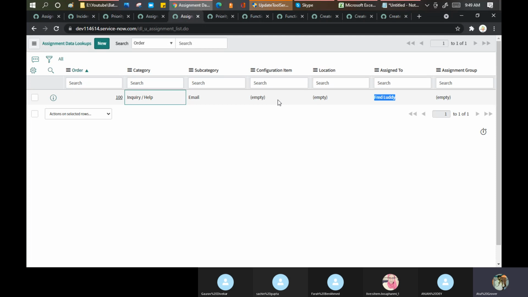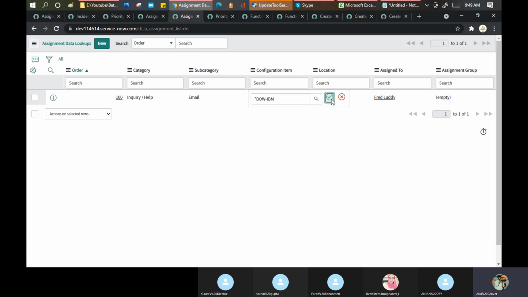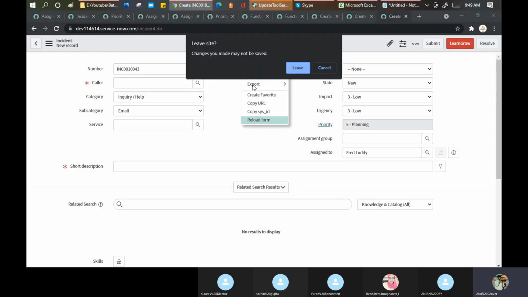Let me put a configuration item. BOW IBM, and location. Let's leave location, otherwise I need to bring that field on the location. Now if you see, let me reload my page. Oh, we don't have this.